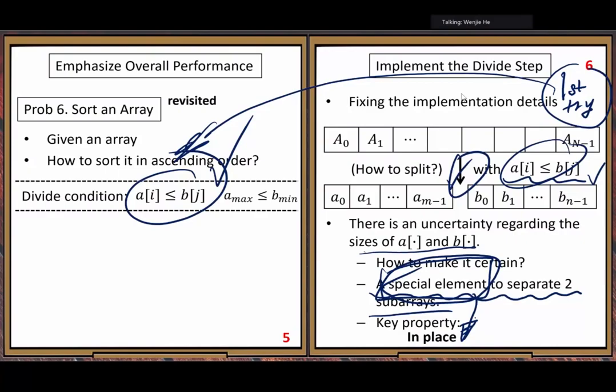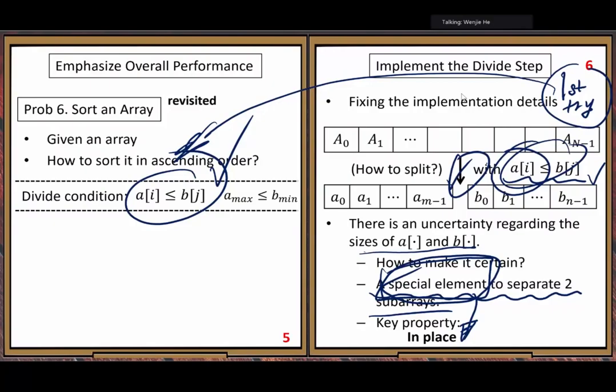After the divide step, you put this special separator element in place. All the other elements may not be in place, but at its left-hand side and right-hand side there are two subarrays: its left subarray and its right subarray.